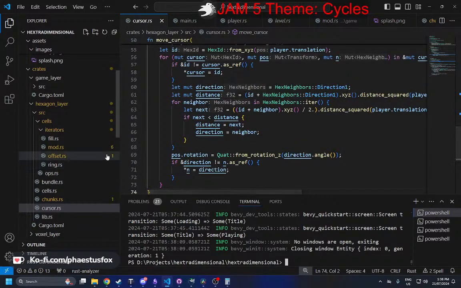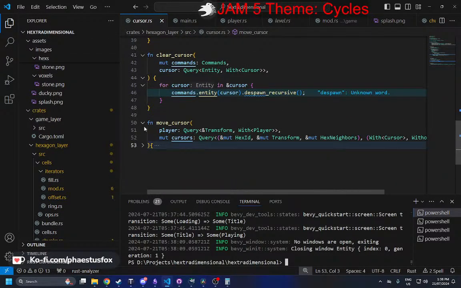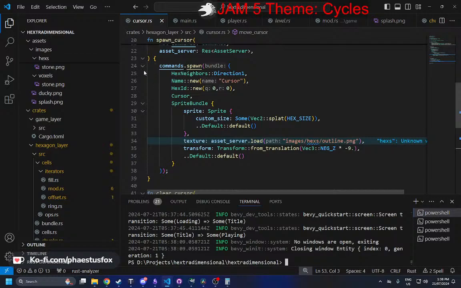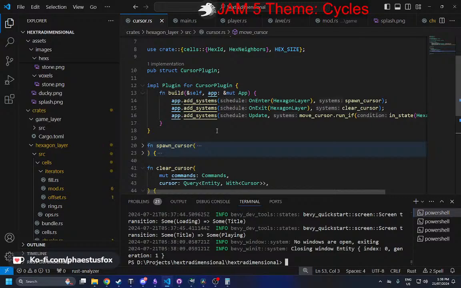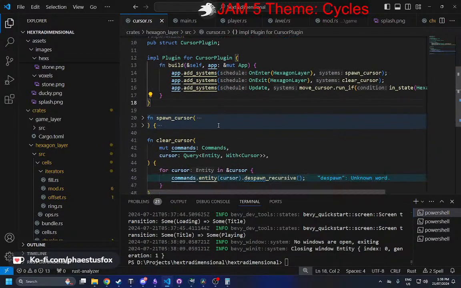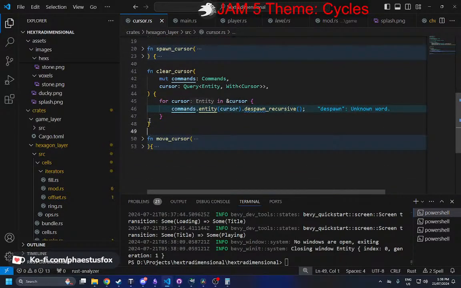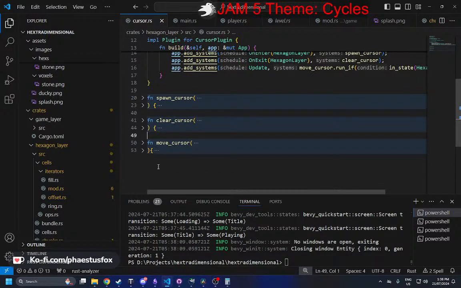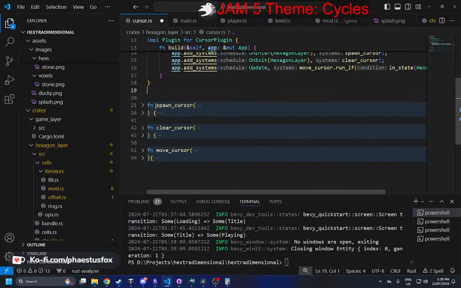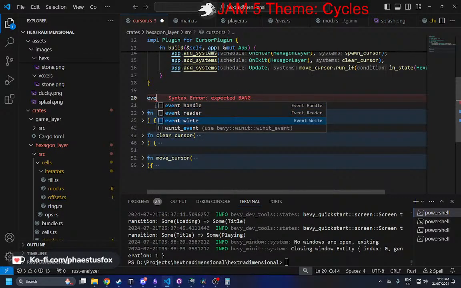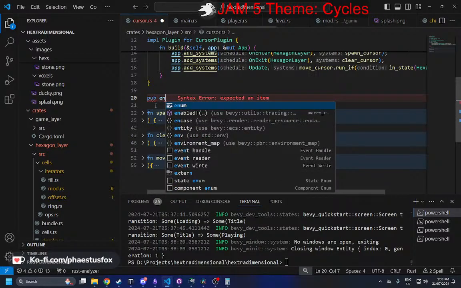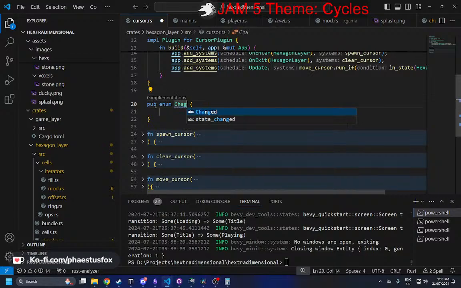Alright, so that should be all of our hex code. So I guess for now, what we should do is you need some kind of event that can be sent. So we need an event. Right, so we need an enum, I guess pub enum ChangeLayer,